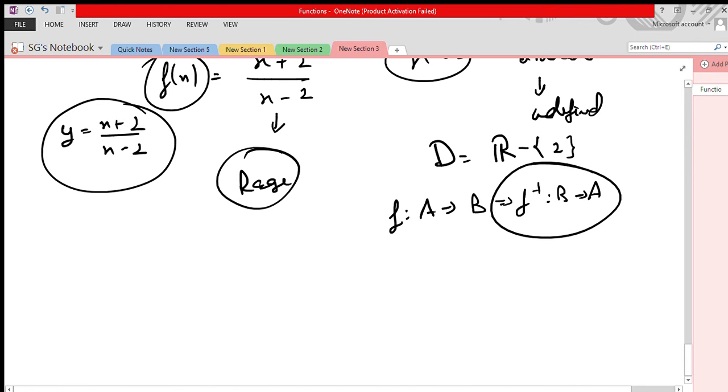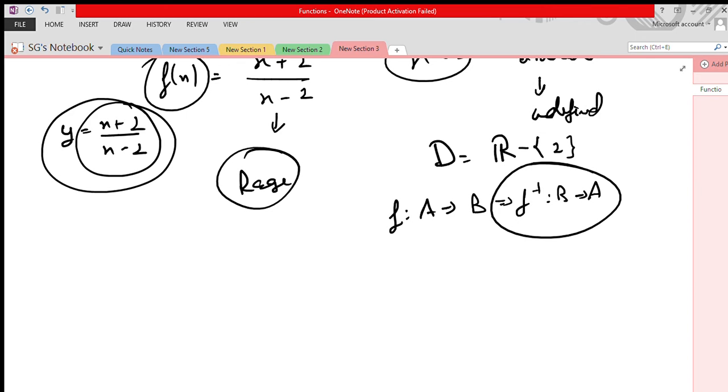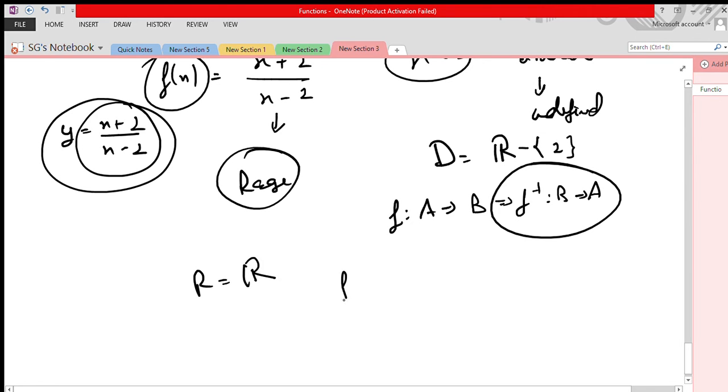So one thing you can easily see here is that putting any real number in this function, you will get a real number itself. There is a restriction: you just cannot put x equals 2, that's it. Except that, you can put any real number in it and you will be able to get almost every real number. So its range basically lies in the set of all reals. So you can define this function as a map from R minus {2} to R. Clear? Got it?